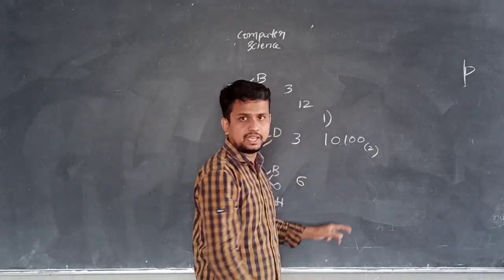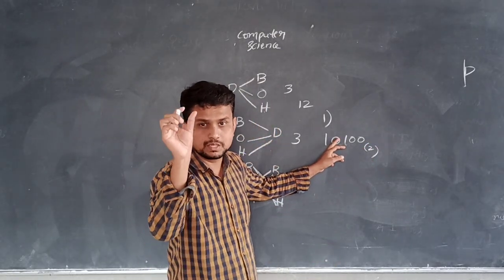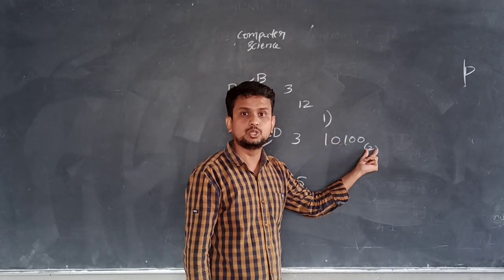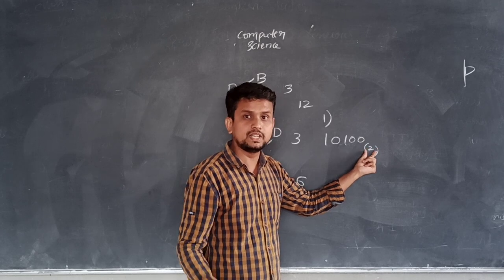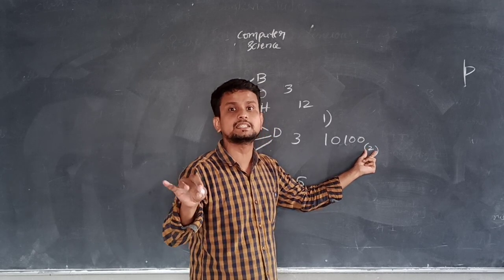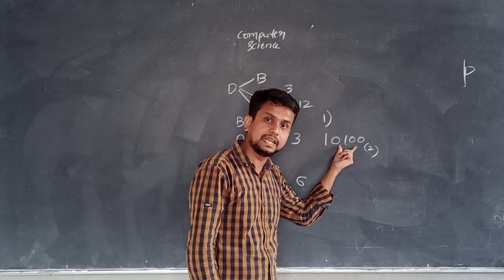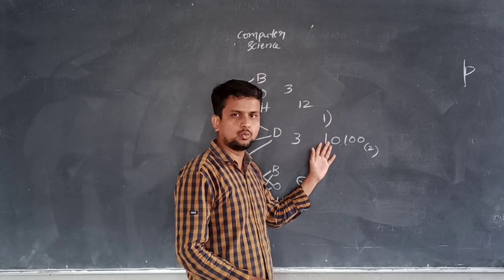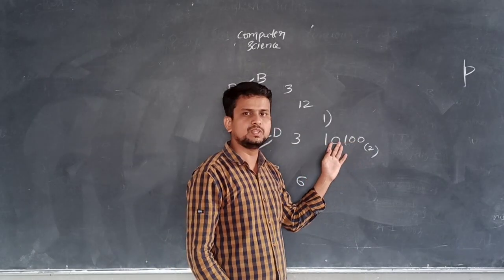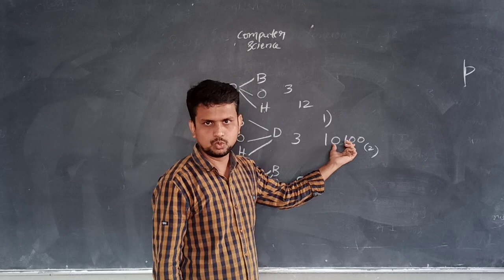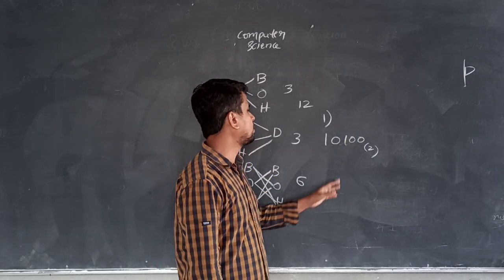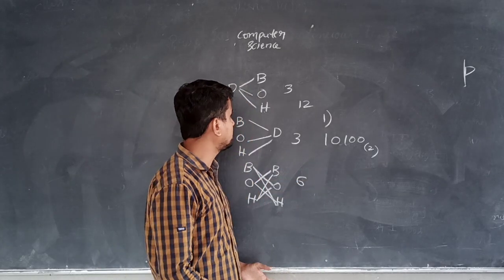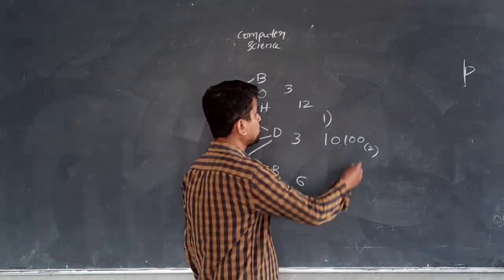How can you identify it is a binary number? It is identified as a binary number by knowing the base. The base of this binary number is what? 2. If it is 2, it indicates the base of the binary number. That's why it is a binary number. Also the binary number elements range from 0 and 1, right? So the elements are between 0 and 1, so it is a binary number. Now, the binary number 10100 I am converting into the decimal number. So how am I going to convert?